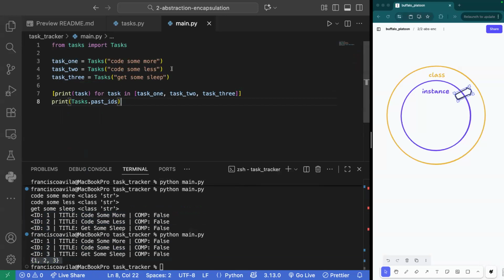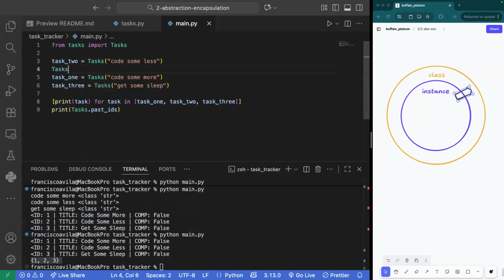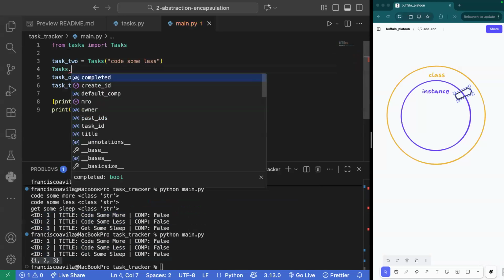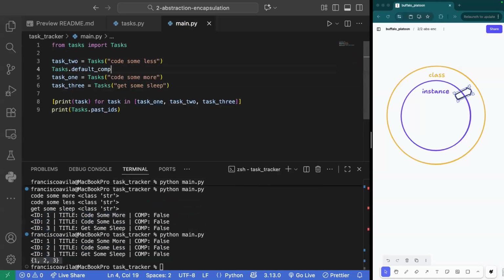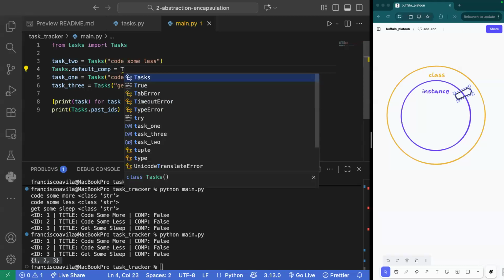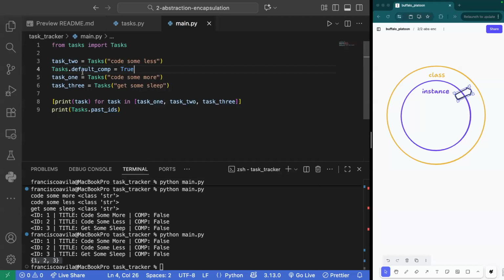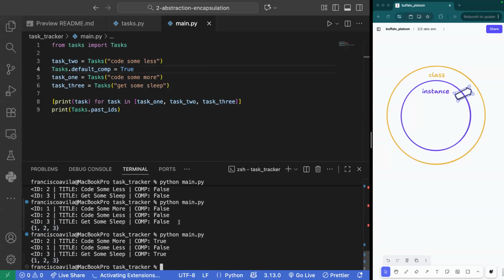And let's say at some point I decided that the default value should be true. Say throughout my program, I say, you know what, I want to change the default value of what tasks are. Well, now I can change it to true. And if I hover over it, it tells me, hey, this is supposed to be a Boolean, so you might want to change that. And when I execute my code,